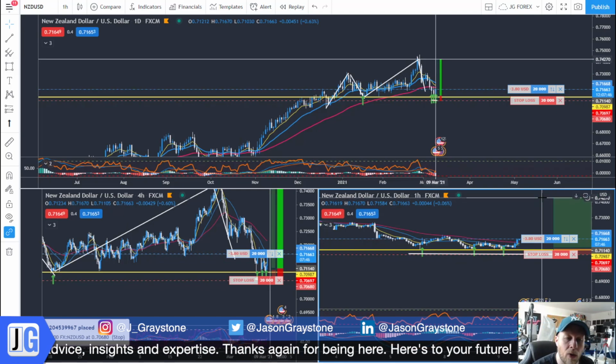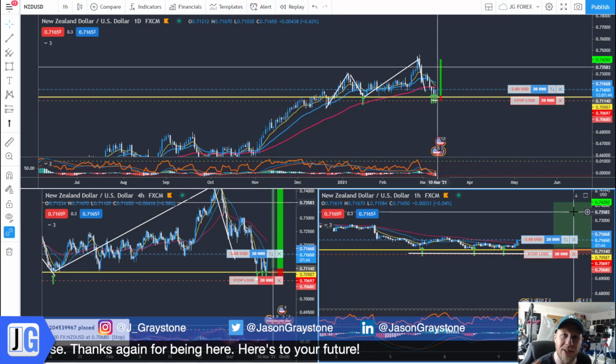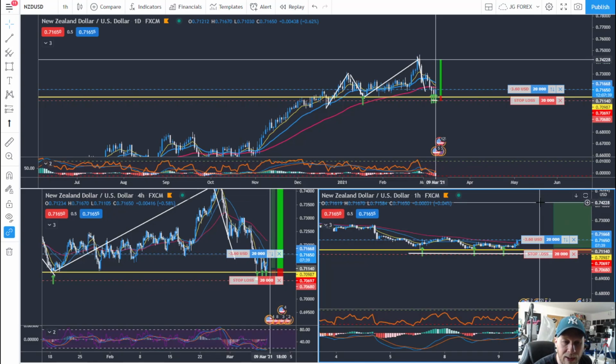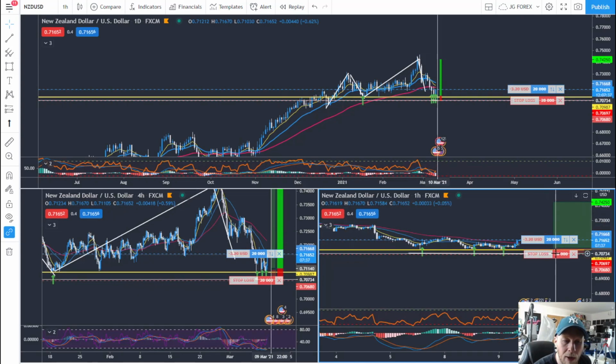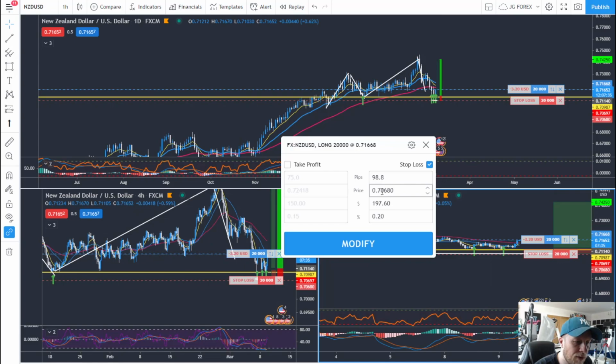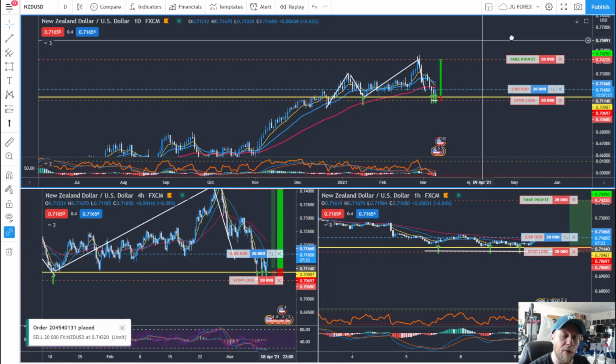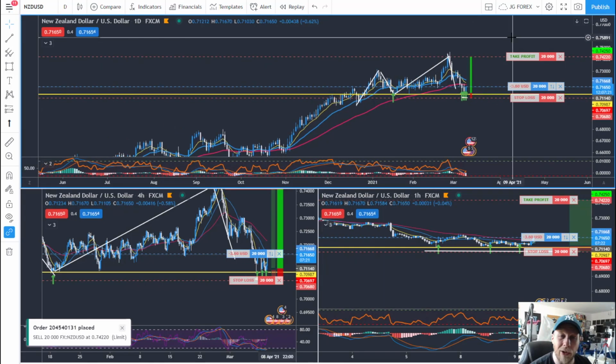And the reason we do it in that order is because we want to protect ourselves before we think about profits. So the targets are going to be up at 74.24 plus front running, so 74.22, modify, and there you have it. So we've now got a great reward to risk profile. We're not going to lose much if we lose. It's very tight stops, great reward to risk profile, confluence on all the time frames, really great